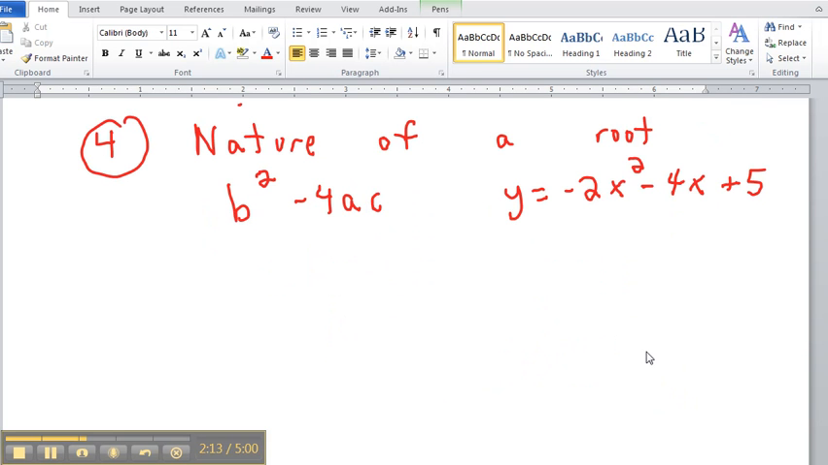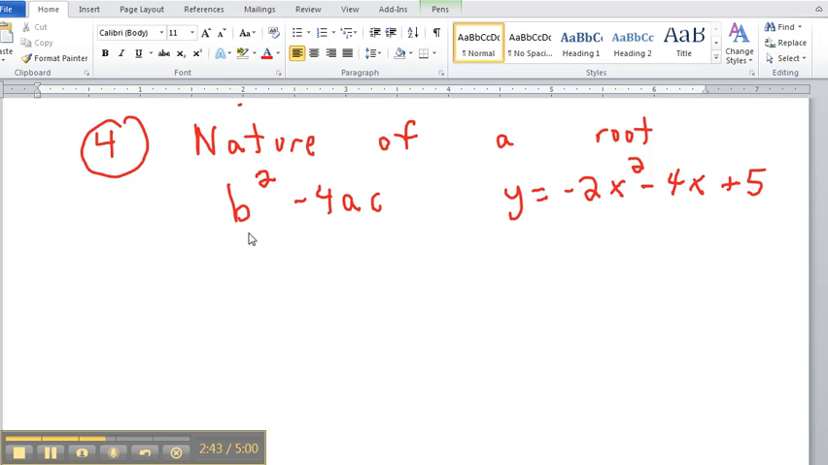Okay, here's an example of a problem that will be on the final exam. You're given this problem: y equals negative 2x squared minus 4x plus 5, and we want to find out what the nature of the roots are. That simply means when you solve this, what type of solutions will you get? That's all it means. And then to do that, we're going to use what's called the b squared minus 4ac,